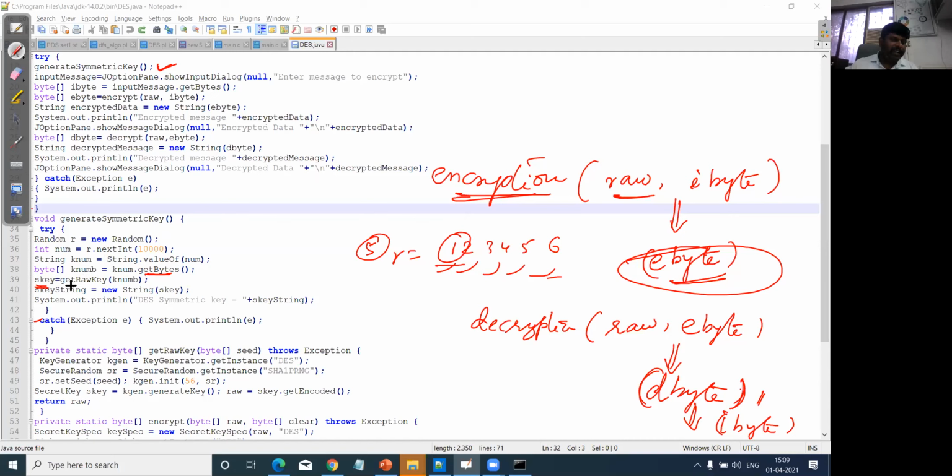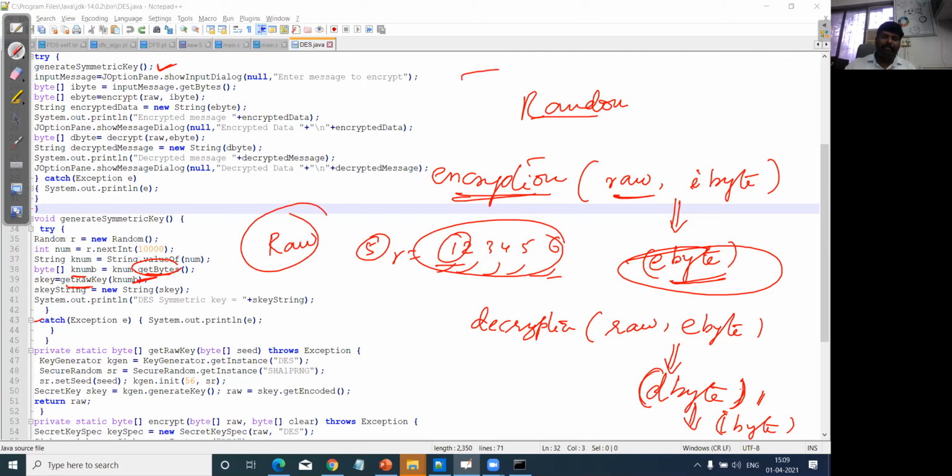Again, getRawKey. So here this is again a member function. Through that, I'm going to get the values based on the information which we stored in this kNum, which is based on the input value which I stored from the random value. So from this, I can generate the raw key. So this is something that is randomly selected based on the number. The key will be selected randomly, right?